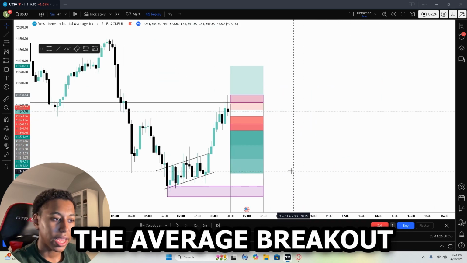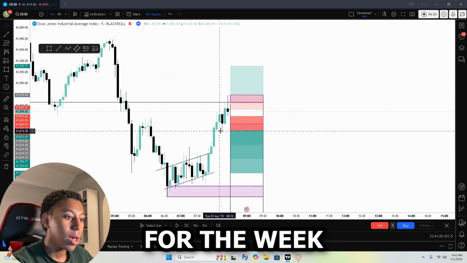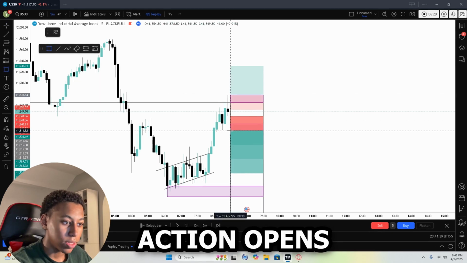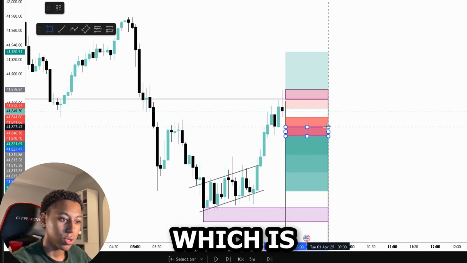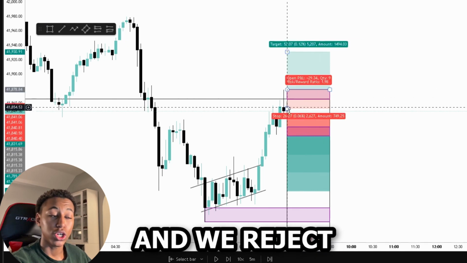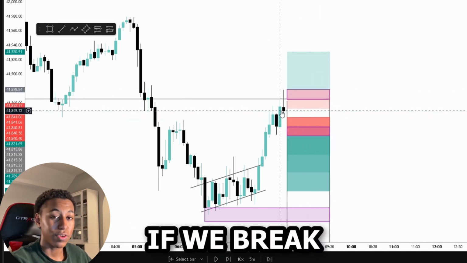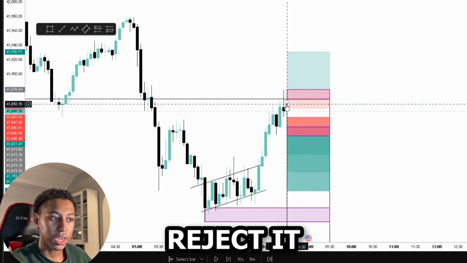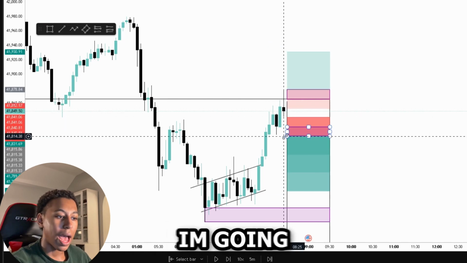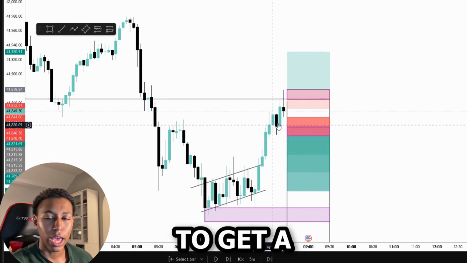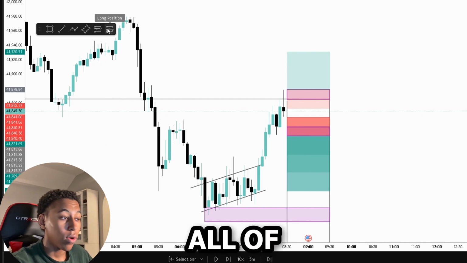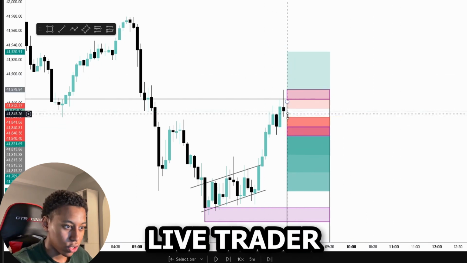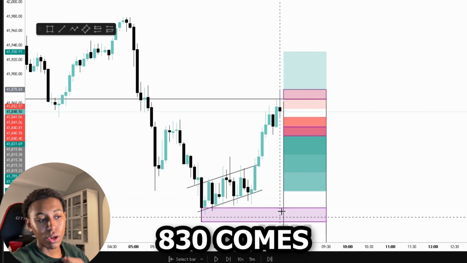Now I know the average breakout is 145 points for the week, but I know, okay, if price action opens, and we start falling under this zone, which is letting me know sellers have the market, and we reject this zone, which I know is important because if we break above it, we're bullish, and if we reject it, well, that means sellers have the market. I'm going to get in for this sell, and I'm going to try to get a 1 to 2 risk to reward. So with all that understood, I explained in the live trader room, 25-point stop loss, 8:30 comes around,